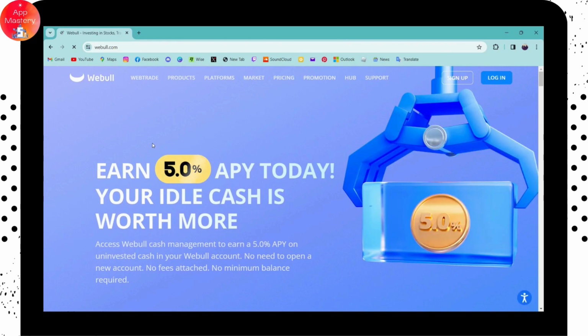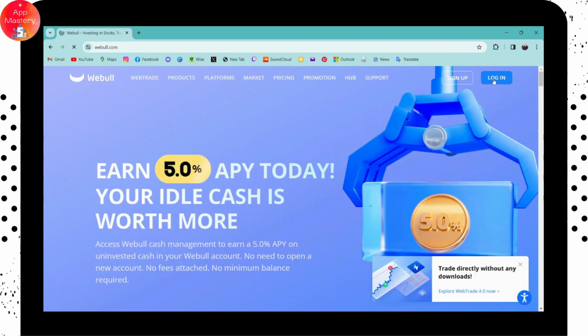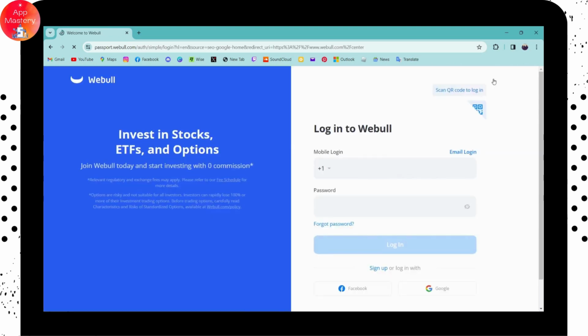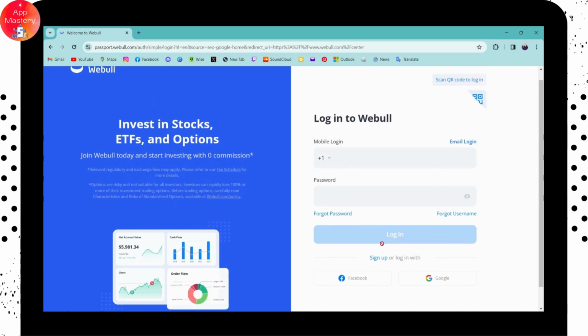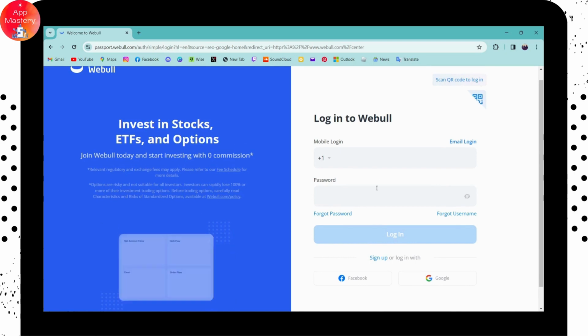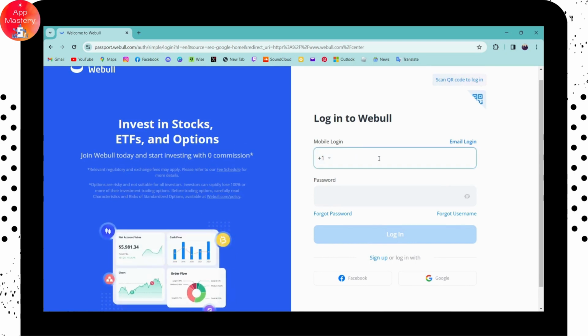So now you can simply go for login, which is here on the upper right. Click on the login. And to log into your account, you can scan QR code to log in. Or if you don't have an account, then you can go for sign up, and then you can create your account on Webull. But if you already have an account, then you can simply enter your mobile number and then